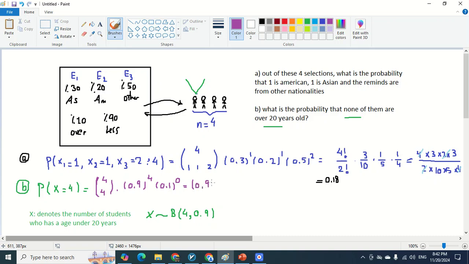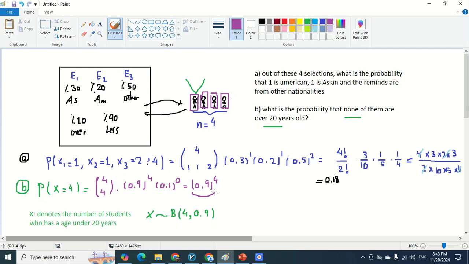However, from the multiplicative rule, you could solve that question as well, because the selection of them are independent, and I'm looking for the intersection of some events: getting the first one under 20 years old, the second one under 20 years old, and the third and the fourth one. Because they are independent, the probability of their intersection is the same as the multiplication of their probabilities, which leads us to the same value. So this independence is important because of this. And if it's not independent,